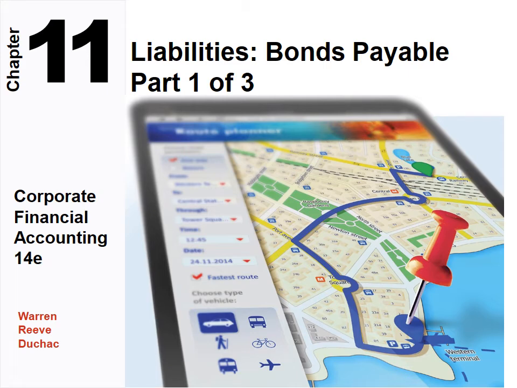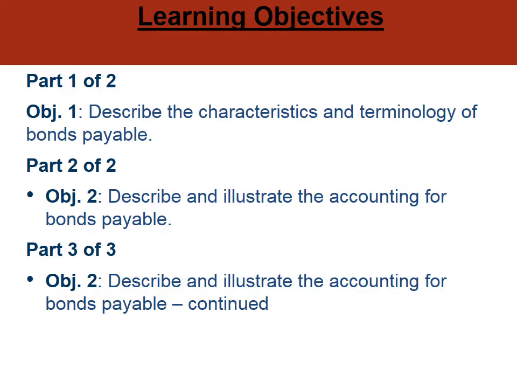Financial accounting, liabilities, Chapter 11, bonds payable. This is predominantly about long-term liabilities. We talked about current liabilities in Chapter 10. In this chapter, we're going to be talking about bonds and the bond market, and we will be discussing a